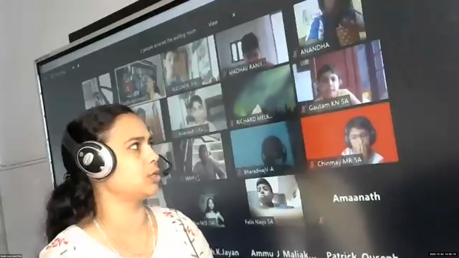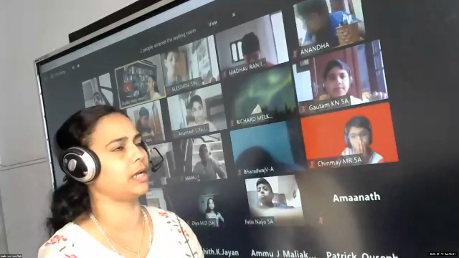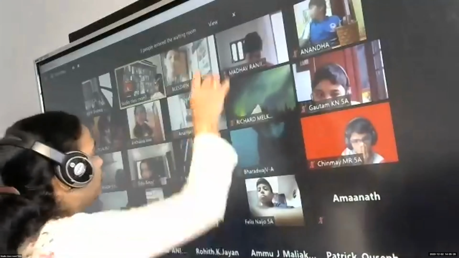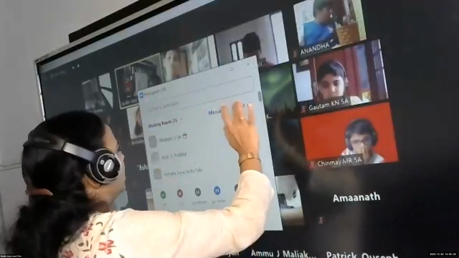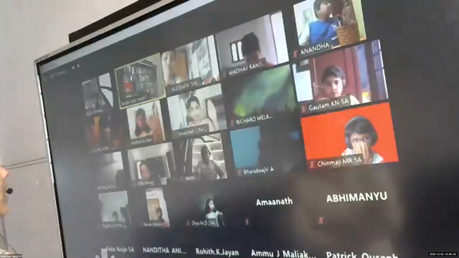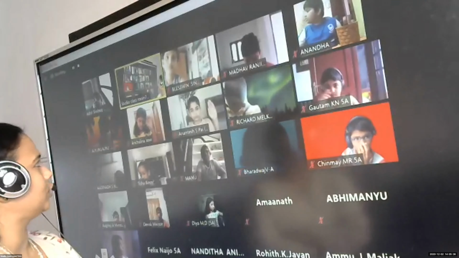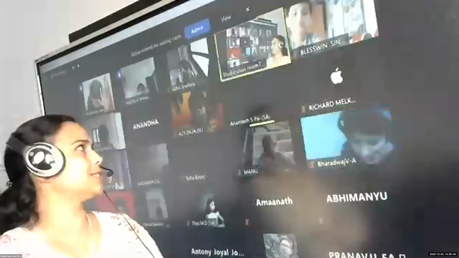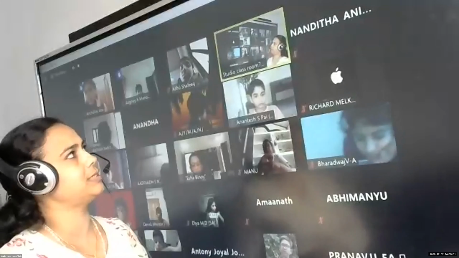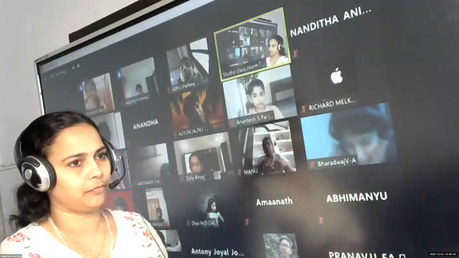Before that, let me see whether you know what is a mixed fraction, what is proper, what is improper. I will ask one by one. If you know the answer, you can raise your hand. Don't say together, then nobody will understand anything. So tell me what is an improper fraction? Yes, Anandesh. Improper fraction, the numerator is bigger. Yes, numerator is greater than denominator. We say that fraction is improper.